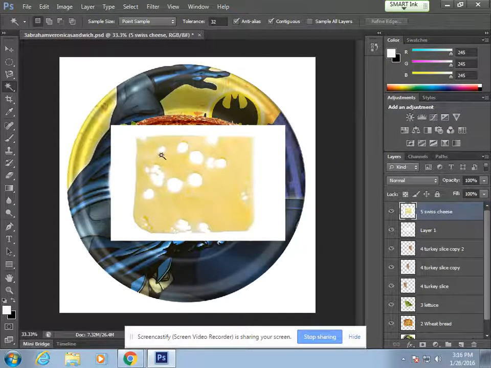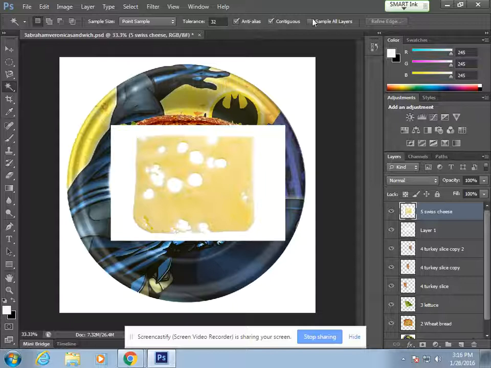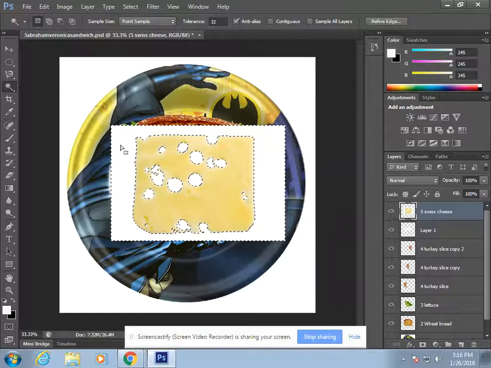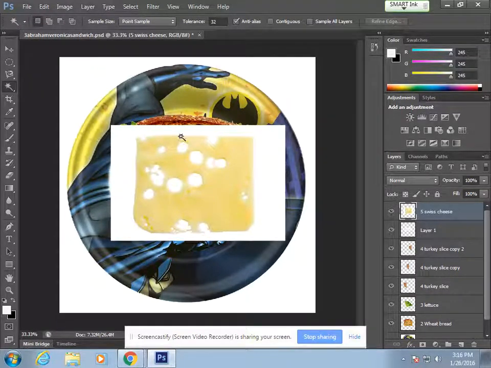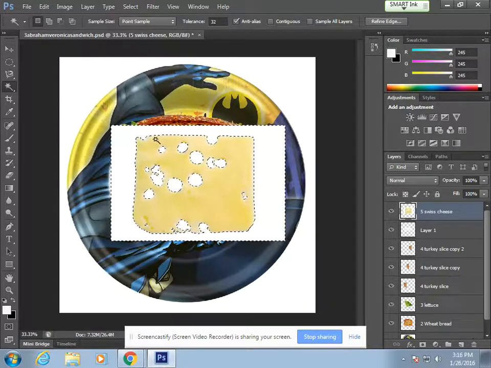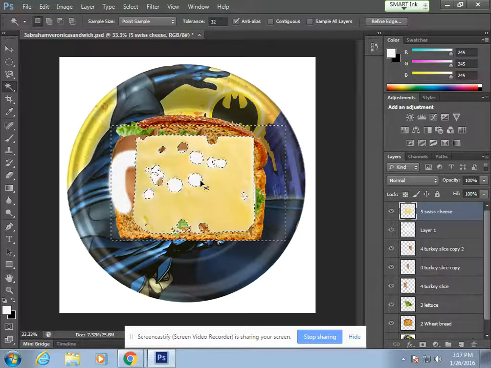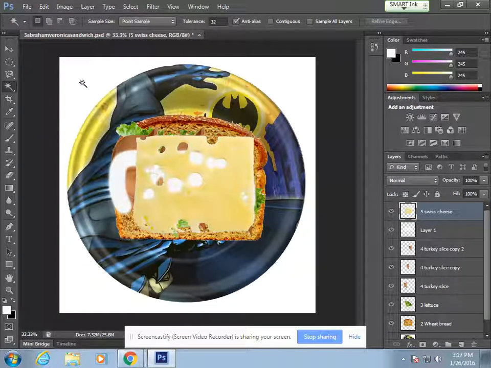All right, another feature of the magic wand is, notice how my cheese has all these holes. There's actually a way where if I click here, I'd have to hold down Shift to add. But up here at the top, you have these options. If you uncheck contiguous, whatever you click, it's selecting all of the pixels that are that same color throughout the entire image. Whereas with contiguous, it only selects pixels that are attached to the pixel that you actually selected. So if you uncheck this, it will select all the white, which is a lot quicker for this piece of cheese. So I'm going to hit delete, Control D to deselect,